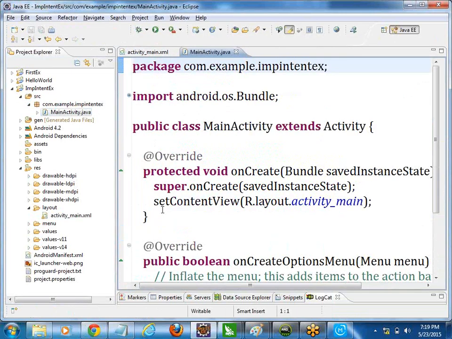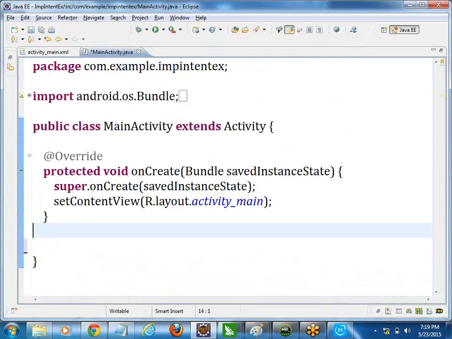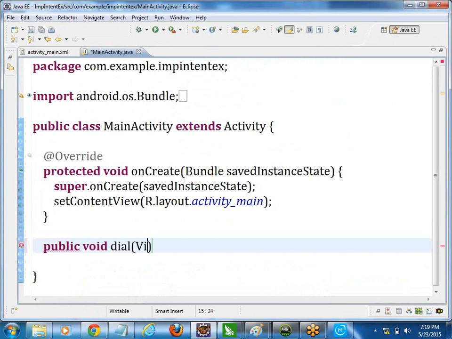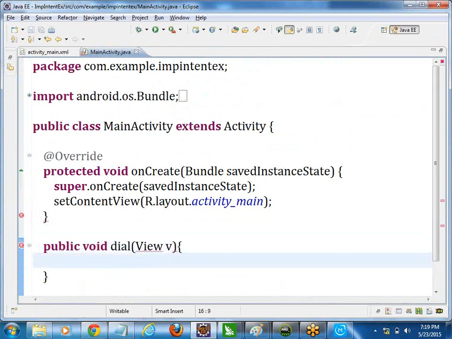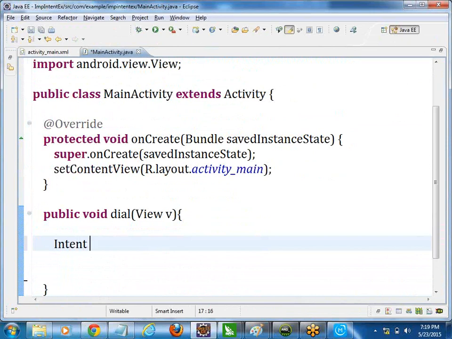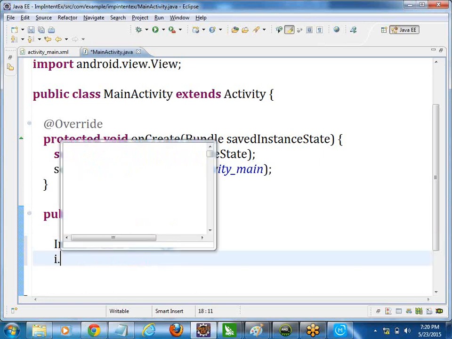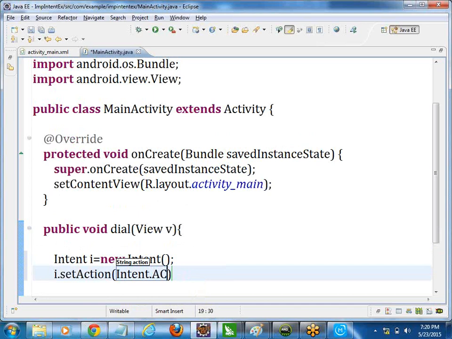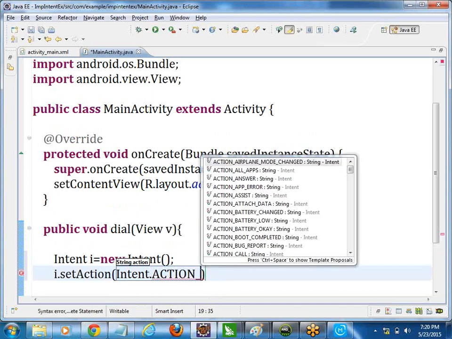Here we have to create a method. What is the name we specified? public void dial. So when you click the dial button, this dial method is going to be called. I want to invoke the built-in dialer activity. So what is the logic? I have given the syntax also. Intent i equals new Intent, then set action, Intent.ACTION underscore. If you give Ctrl+Space,